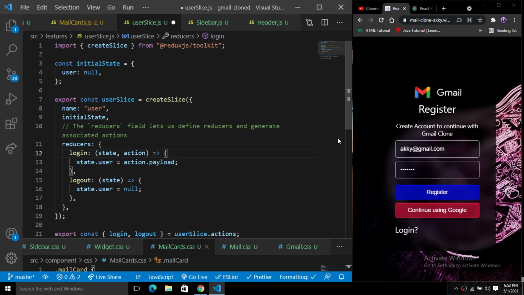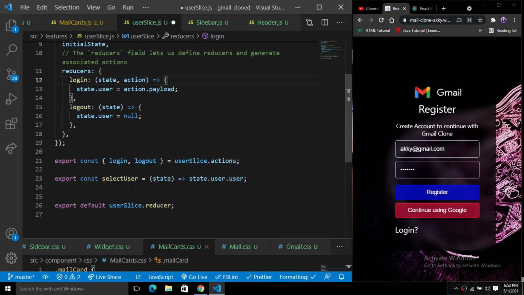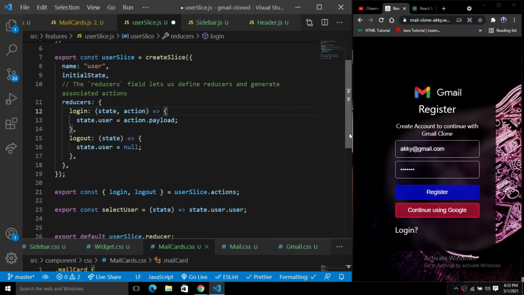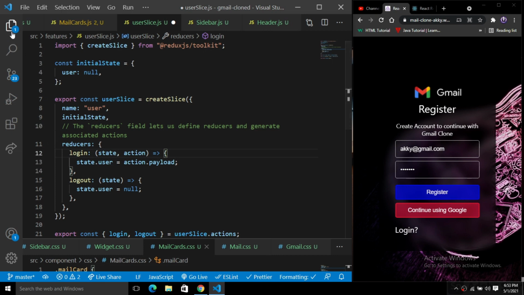So here, last, we simply export the login and logout functionality, and select user, which is a useSelector here, and here we have a user slice, and we just export the user slice here. Fine. So let's save this, and let's go